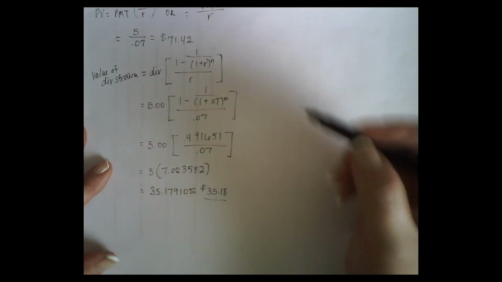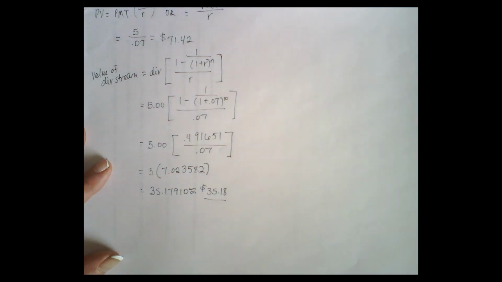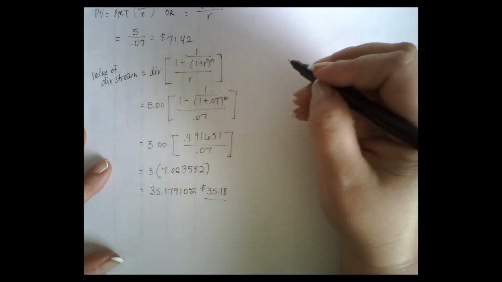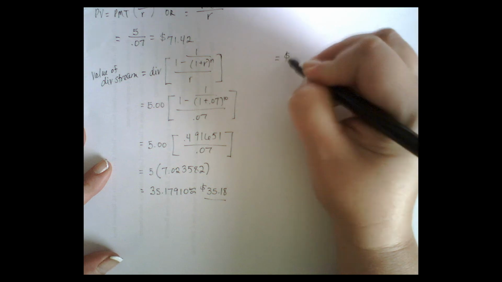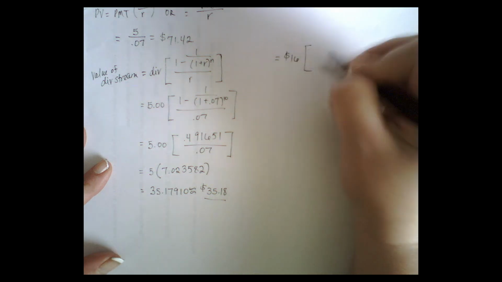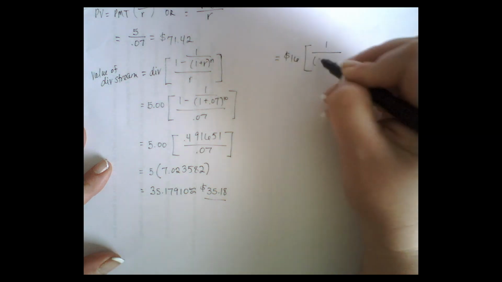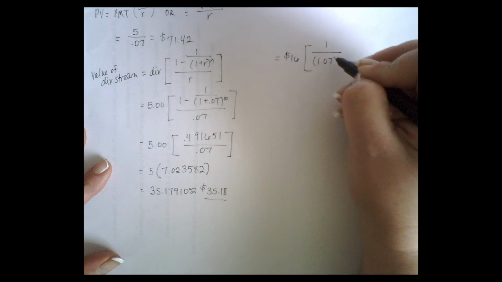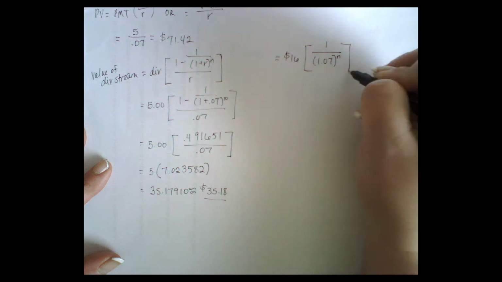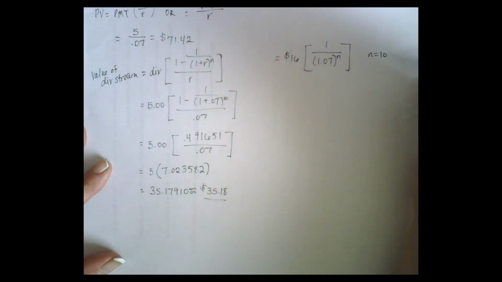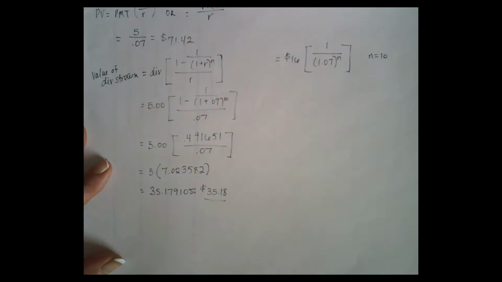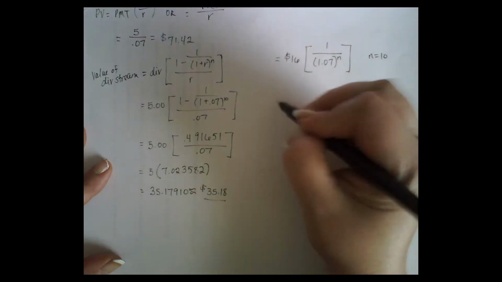We calculate that by applying the present value interest factor. So let's say that we think that the stock price will be $16. So we're going to set this up with the present value interest factor, n equals 10. And when we work through that problem,